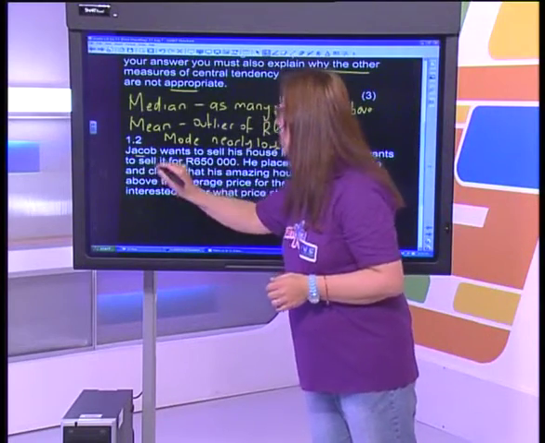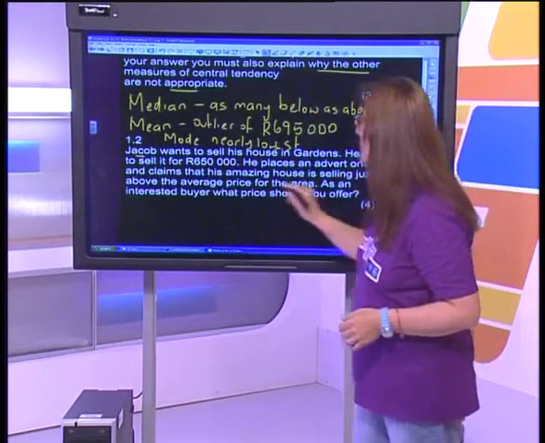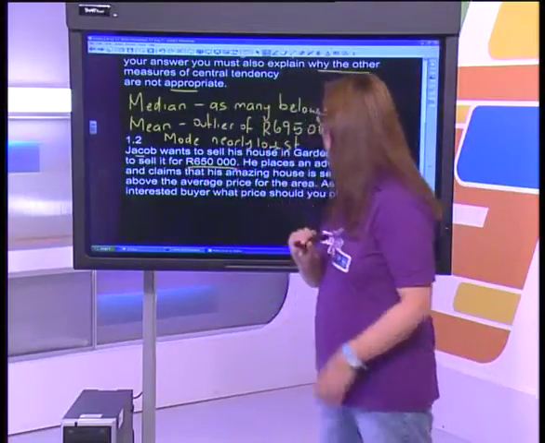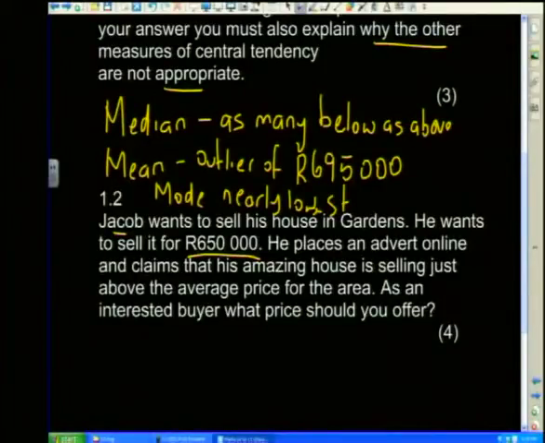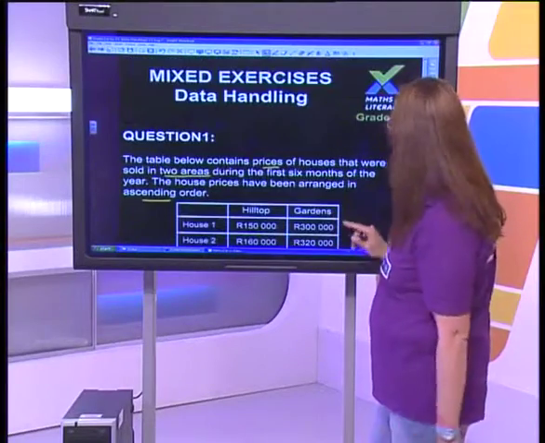Right, let's now look at Jacob. Jacob wants to sell his house in Gardens. He wants to sell it for 650,000. He places an advert online and claims that his amazing house is selling just above the average price of the area. As an interested buyer, what price should you offer? Now, if we go back to our averages,